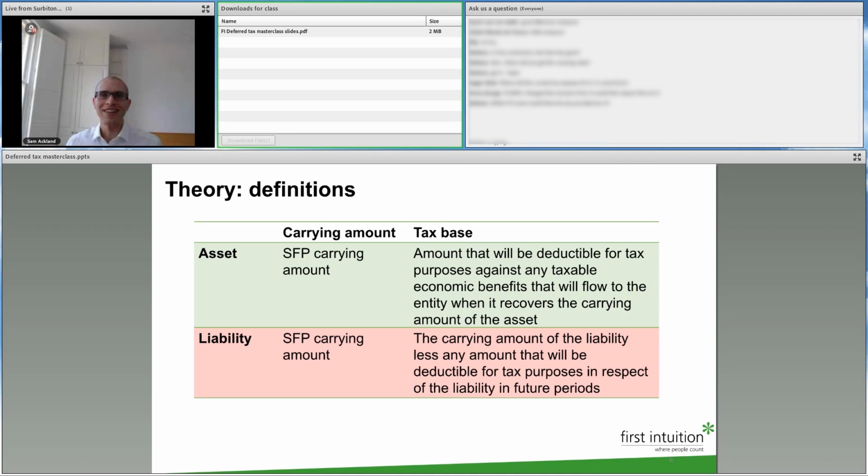in the question. Okay, what about a liability? Well, we get a liability on our statement of financial position and we have a carrying amount for that liability. What is the tax base of the liability? Again, particularly for those studying SBR, a definition that you need to